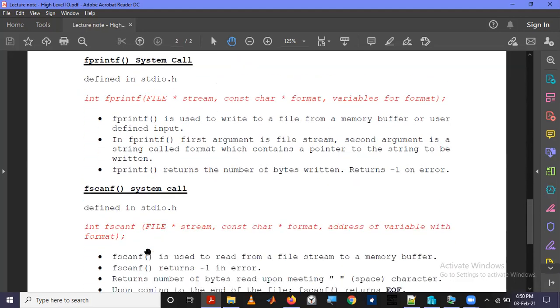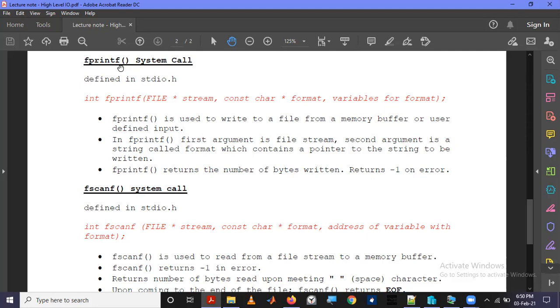Okay. So the corresponding one for writing to a file is the fprintf function. So this is equivalent to writing to a file.